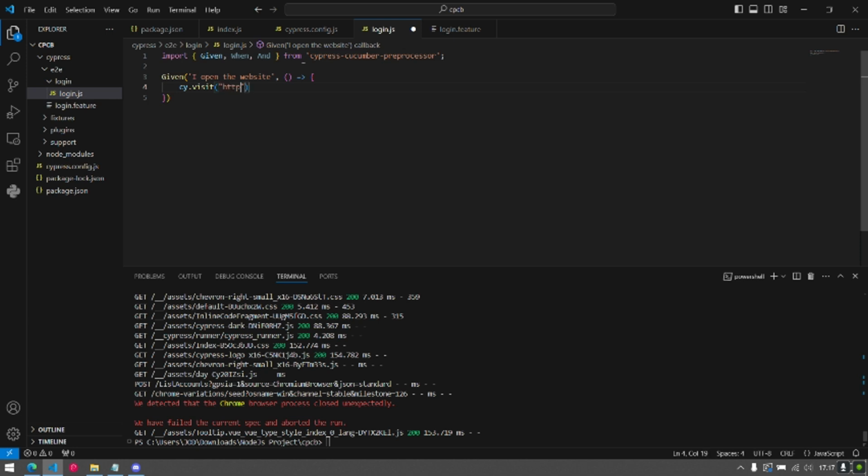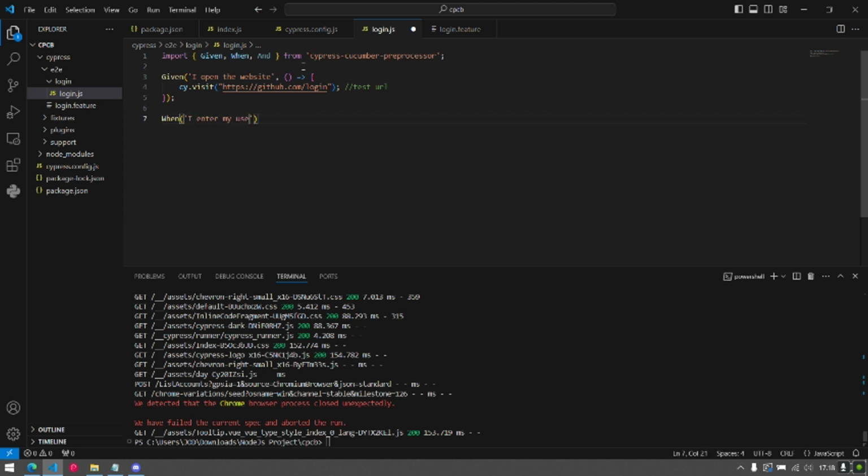For the example here, I will use the GitHub URL, github.com/login. Okay, just like that. This is the test URL, and then we can move to another scenario, which is When, and we retype again the text.